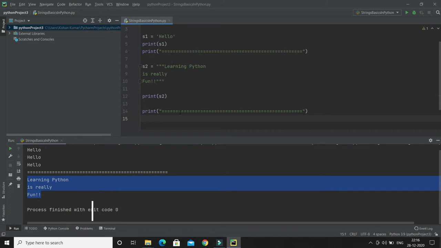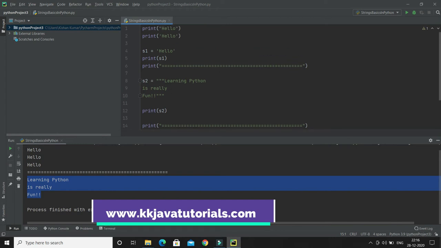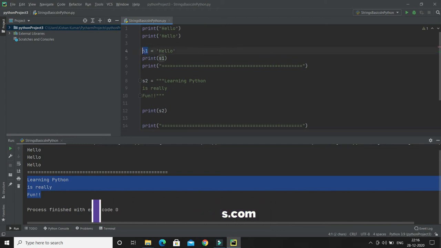Now how can we access a string character? We can use square brackets to access elements of the string. Let's say we have a string s1, and I want to access the element at position 1. String character positions start from 0.